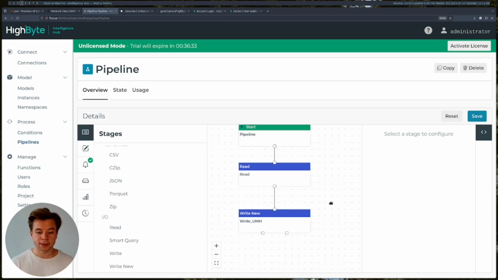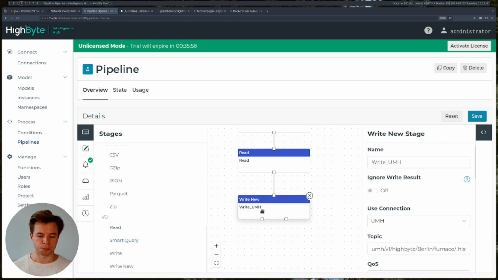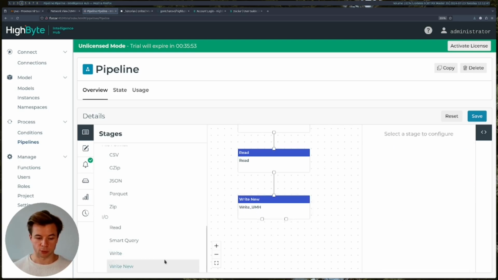The final step that remains is to write this data to a particular MQTT topic. Now for this, essentially I would have used the write block. Unfortunately, for reasons unknown to me, the write block assigns an additional key underscore timestamp, which is not so clean, because I only wanted to have the key value pairs that I defined in my instance, namely timestamp in milliseconds, pressure, temperature, and humidity. So to filter out this additional underscore timestamp, I have used a write new block here